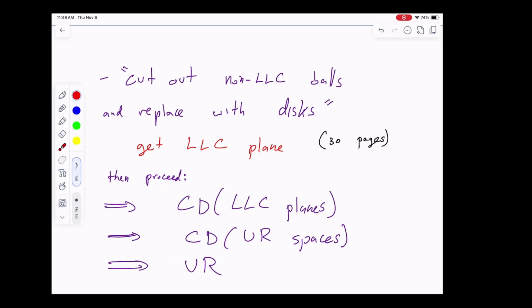So to get here, you use essentially Guy's theorem. To get from here to here, you use Guy's theorem. And then to get from here to here, you use our old machinery that we had with David Bate and Matthew Hyde.